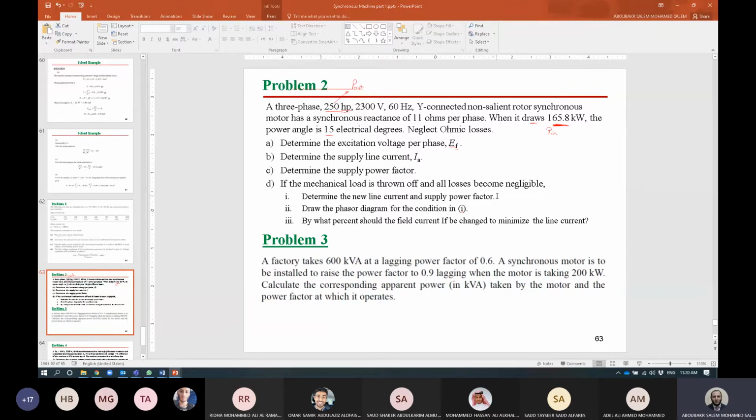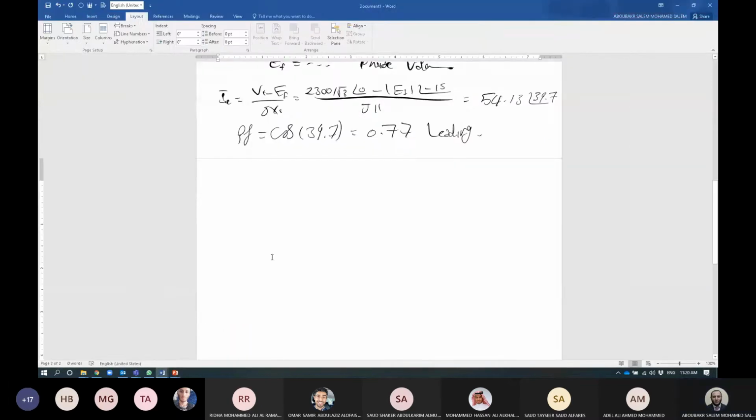Now the question is, when the load is thrown off, is it going to change the value of excitation or not? The field current, is it going to be changed or not? The excitation voltage, EF, will be constant, right? Yes. So the value that will be changed here is the value of current. So we need now to calculate the new line current and supply power factor. So we can say now for part number D,